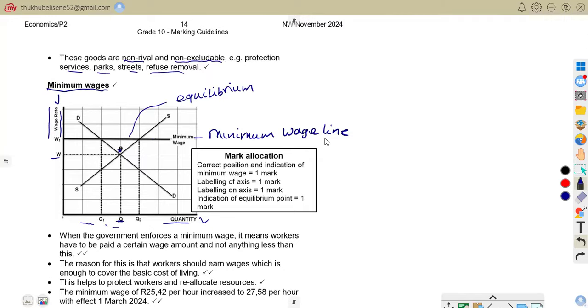So this means employers are not allowed to pay less than that amount. When it is above the equilibrium wage, it shows that employers are not allowed to pay less than this amount. So what are the effects of this? It means that at a higher minimum wage, employers demand less labor. As you can see, the quantity here,